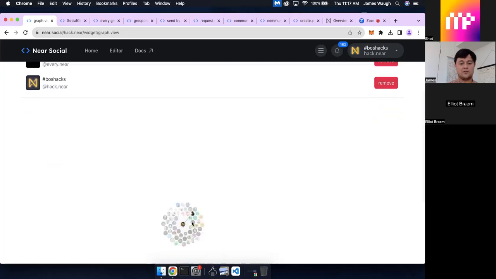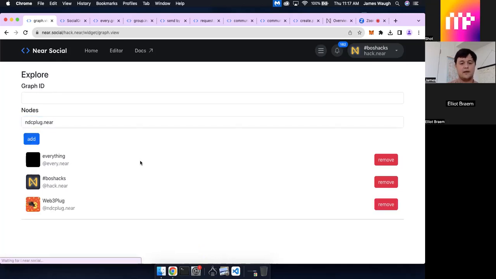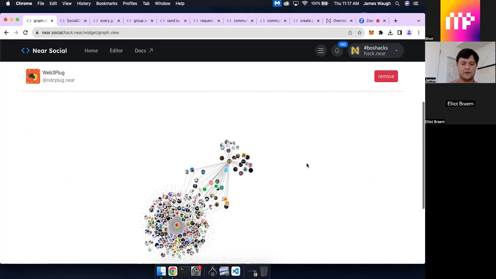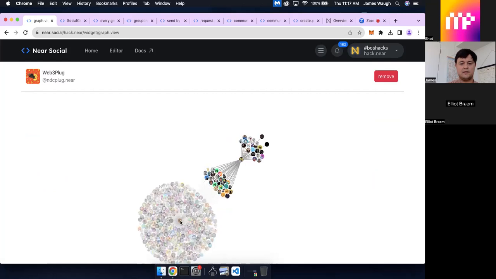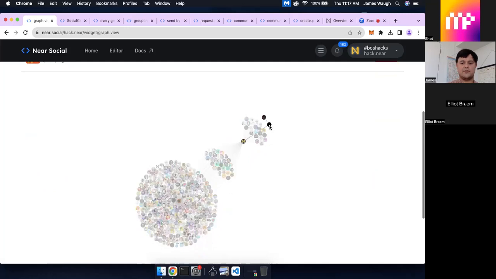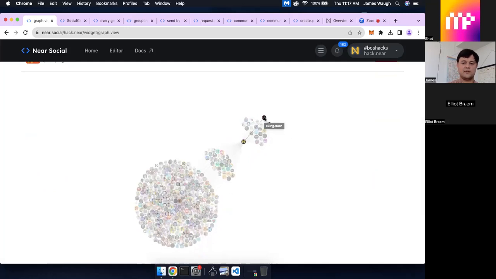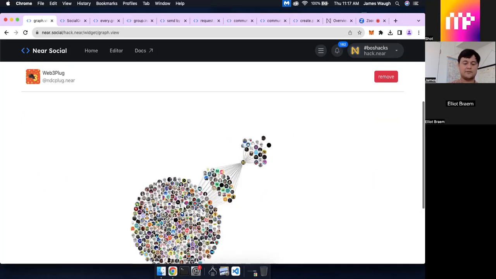This one shows the followers of hack.near. And then we're going to add our friend NDC plug.near. Now we have a visualization of the mutual connections between hack.near and NDC plug.near. We also have this other account, Every.near, which only has one follower, so you can see that one too. Altogether, these are the three accounts, which are the nodes, and all of their connections with other accounts in